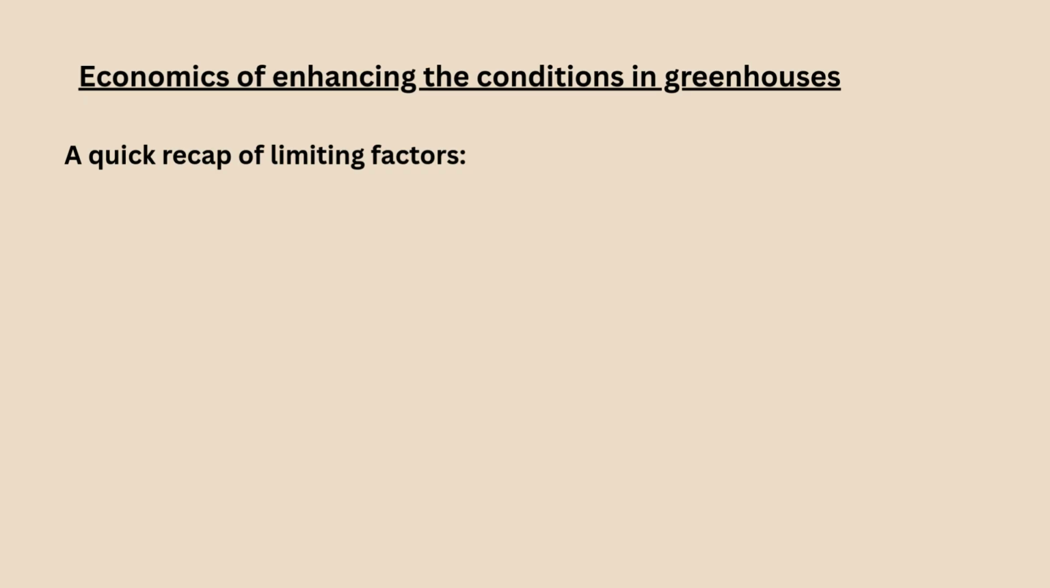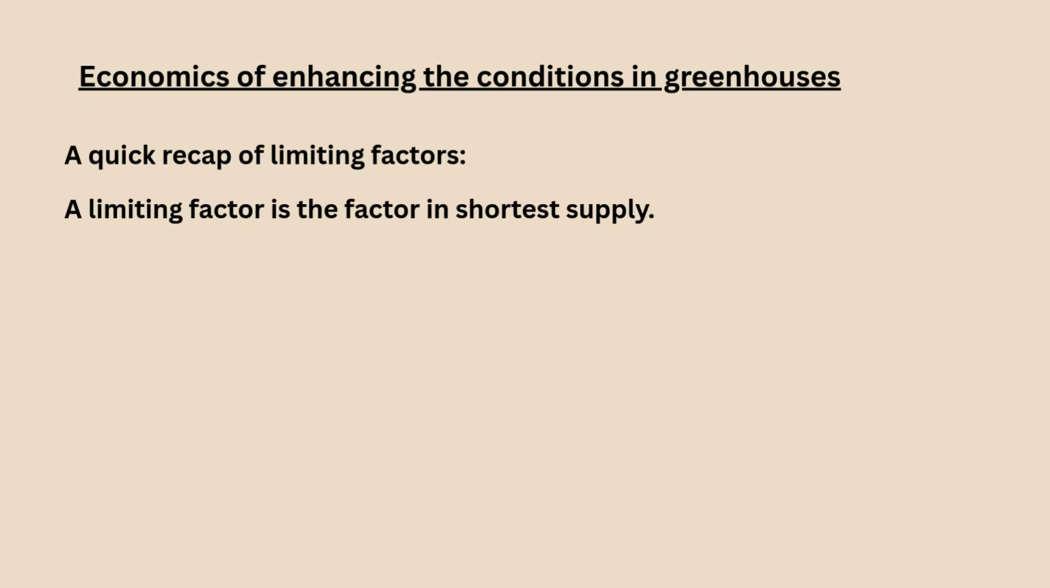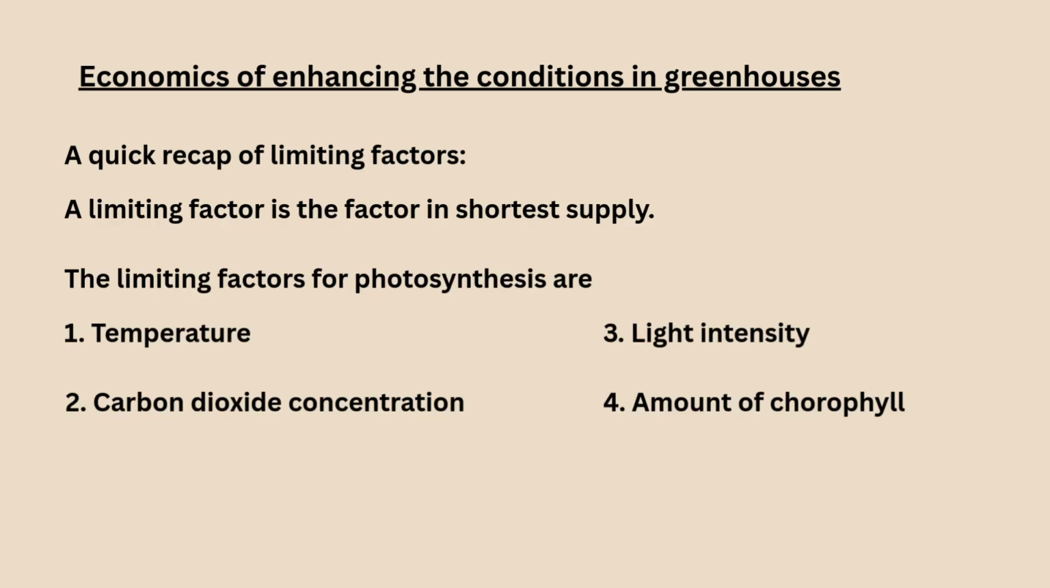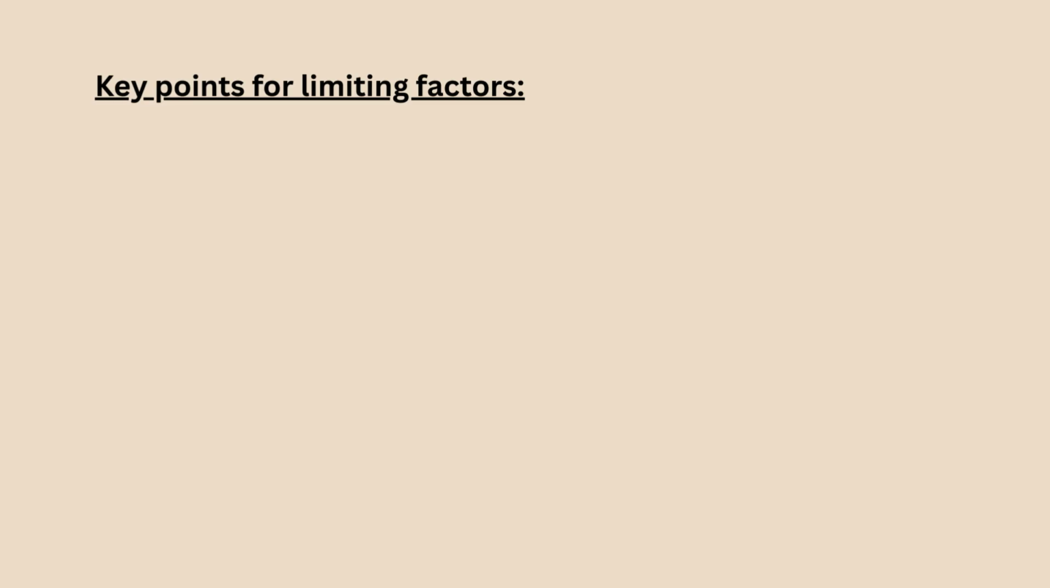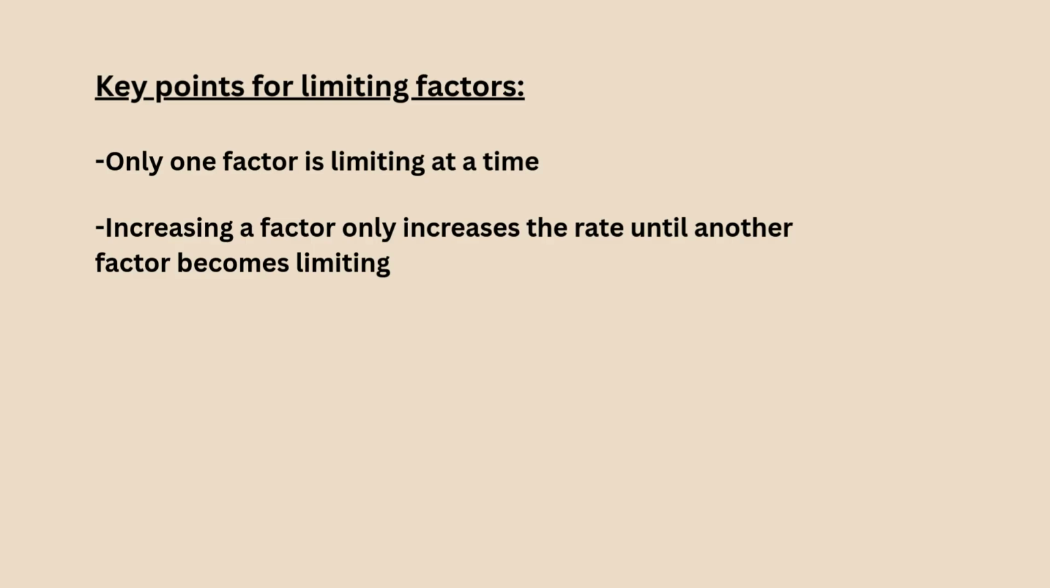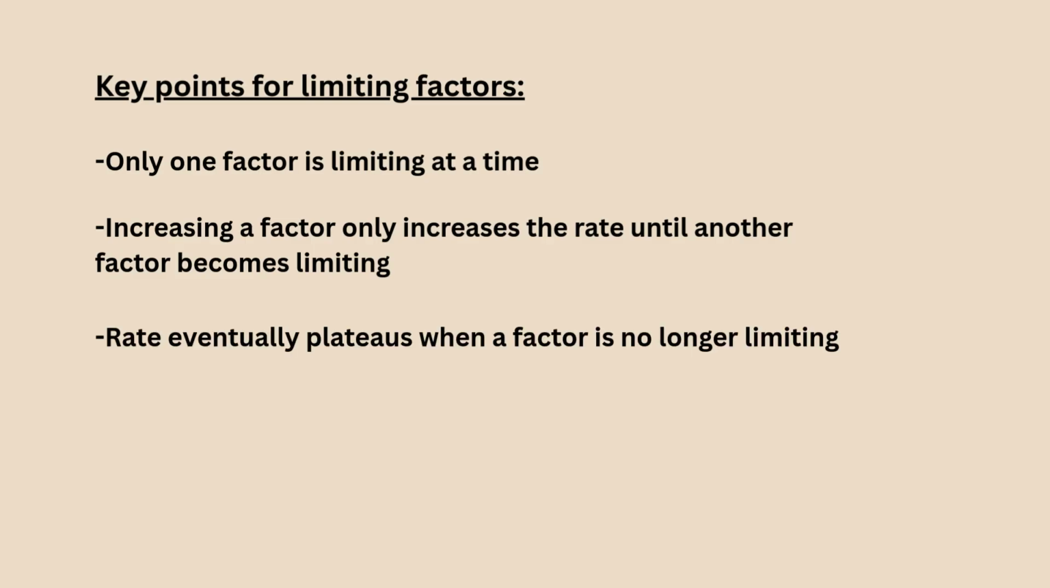A quick recap of limiting factors. A limiting factor is the factor that's in shortest supply, and limiting factors for photosynthesis are temperature, carbon dioxide concentration, light intensity and the amount of chlorophyll. Key points for limiting factors: only one factor is limiting at a time. Increasing a factor only increases the rate until another factor becomes limiting, and the rate eventually plateaus when a factor